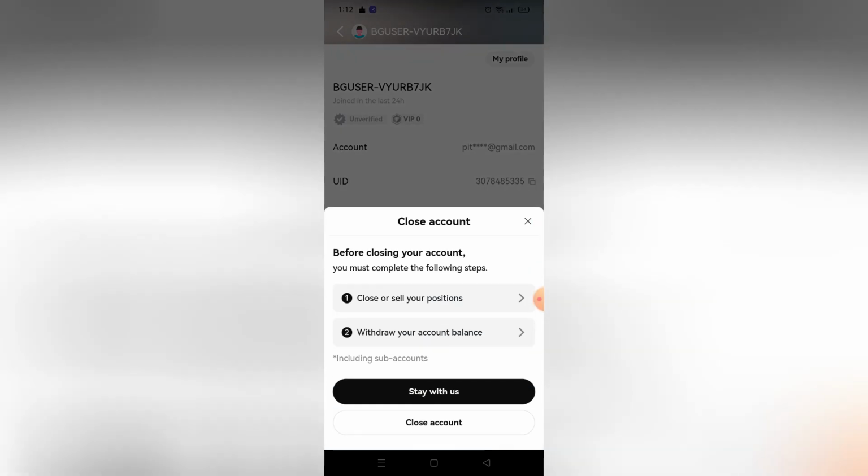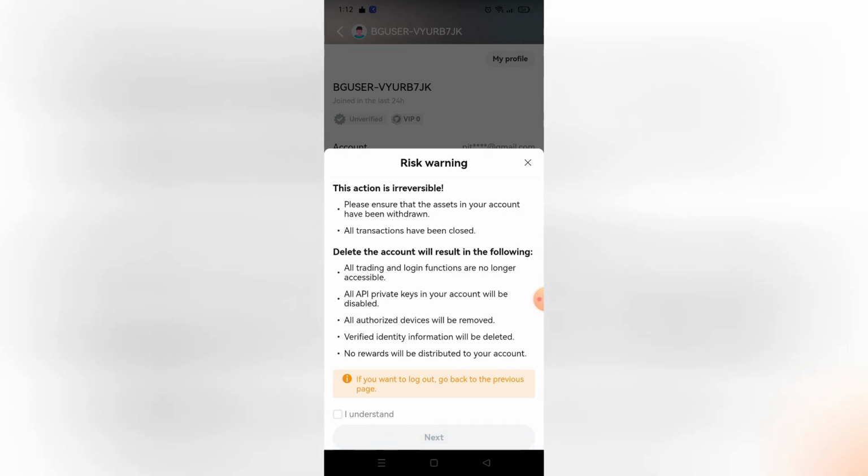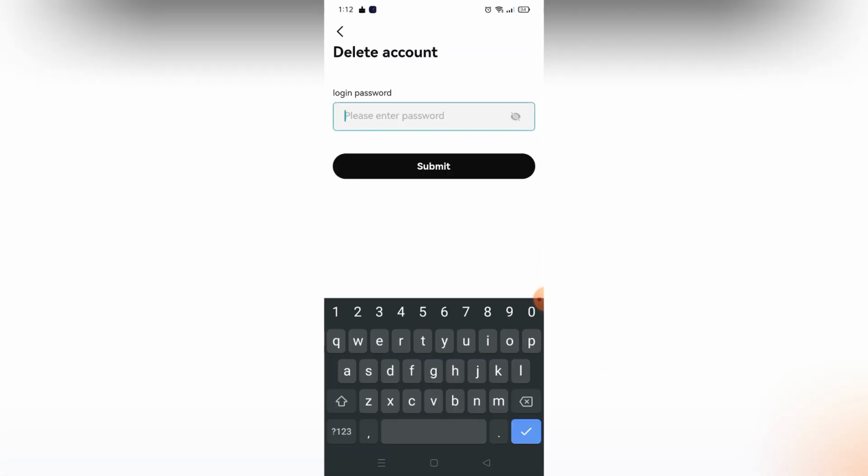So just click that and click close account, and after you click that, as you can see, a risk warning will pop up. So these are the things that will result after deleting your account. So make sure that you read all of that and click I understand on the box on the bottom part and click next. And as you can see, you need to log in your password first in order to